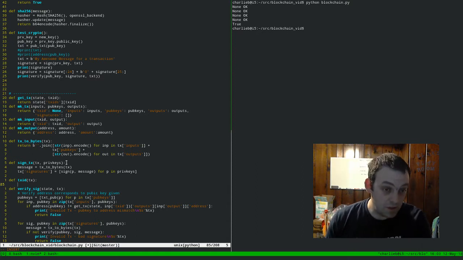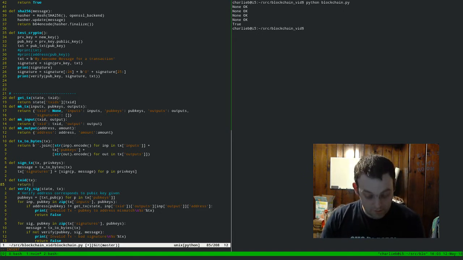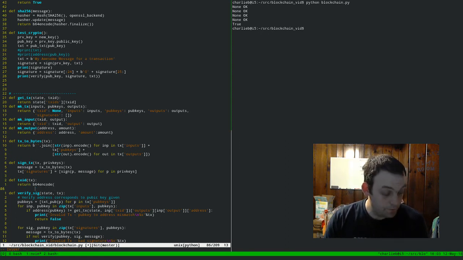So it's actually very similar to what we're doing here, where we take all the bytes from the transaction inputs, pub key and outputs, and sign them with each of the private keys. We're not exactly going to do the same thing, but it's the same idea. So we're going to return the B64 encoded version of the SHA-256 hash of a string of bytes,